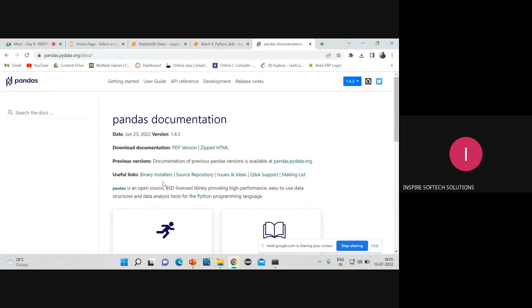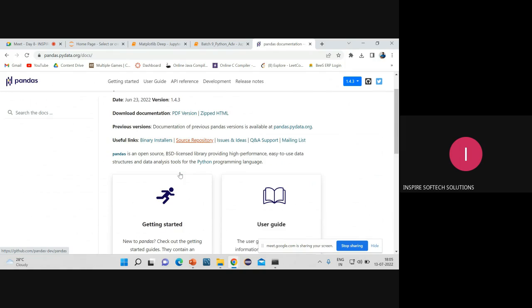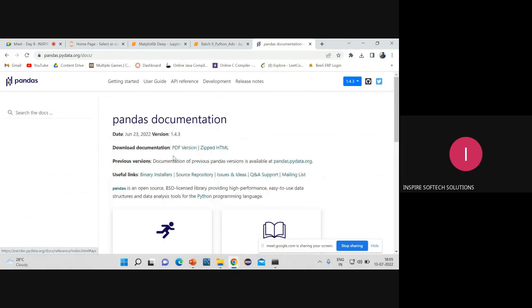So if you want to learn about pandas in depth, just download the documentation. Whether you want HTML or PDF, both are fine. If you open this, many things will be there. You can explore more, because whatever I've taught is not 100%, and no one can give 100% until you